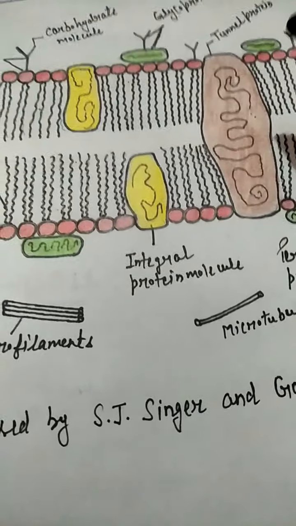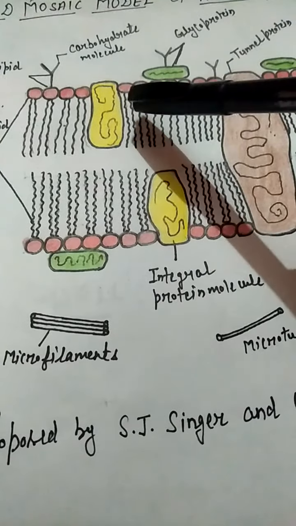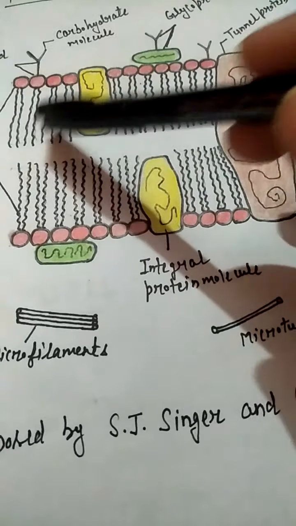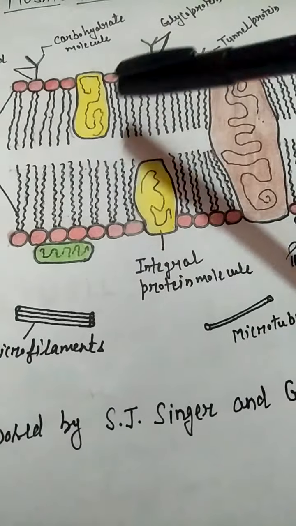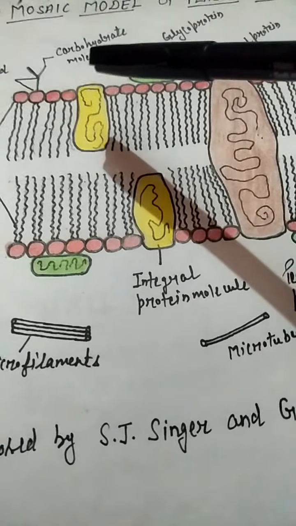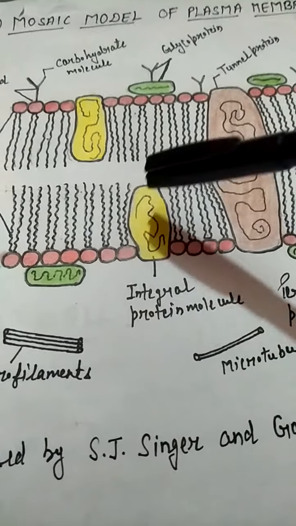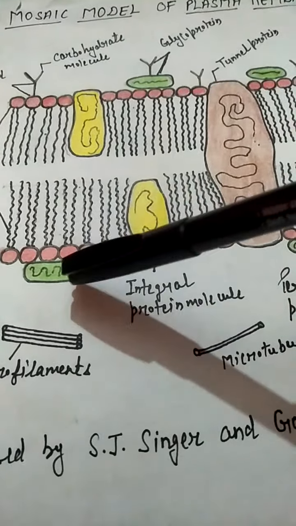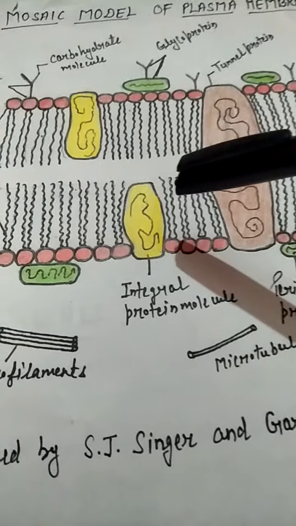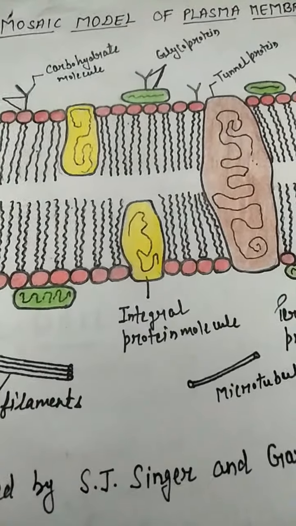This is the structure of the cell membrane, the internal structure of the cell membrane. These are the lipid molecules. You can see here the heads and tails are present. These are lipid molecules and we call them phospholipids. They are arranged in two layers when they form the plasma membrane, and in between them and at the peripheral side proteins are present. These are the protein molecules, and at the superficial sides protein molecules are present. So the plasma membrane is made up of lipids and proteins.